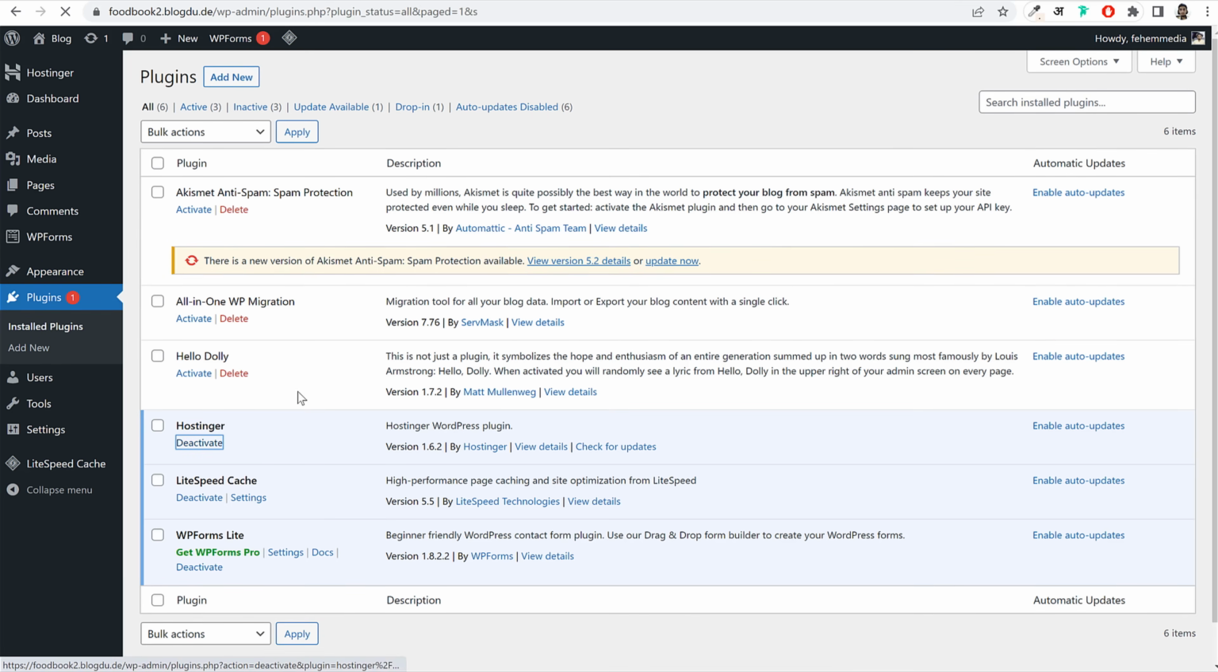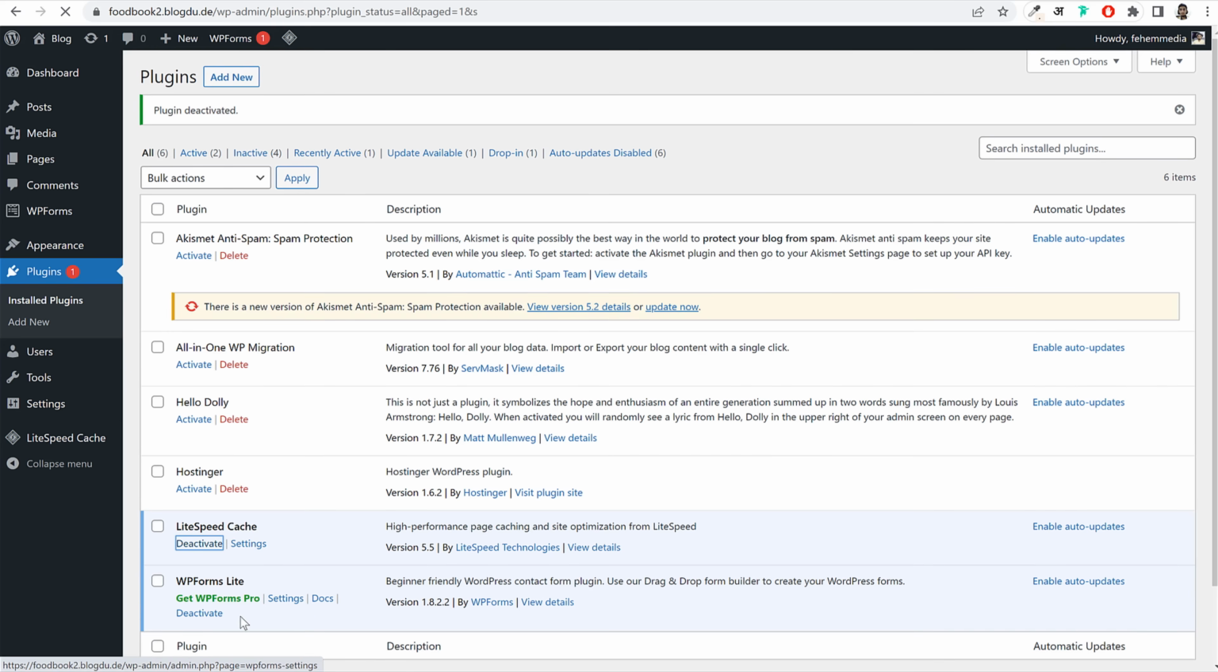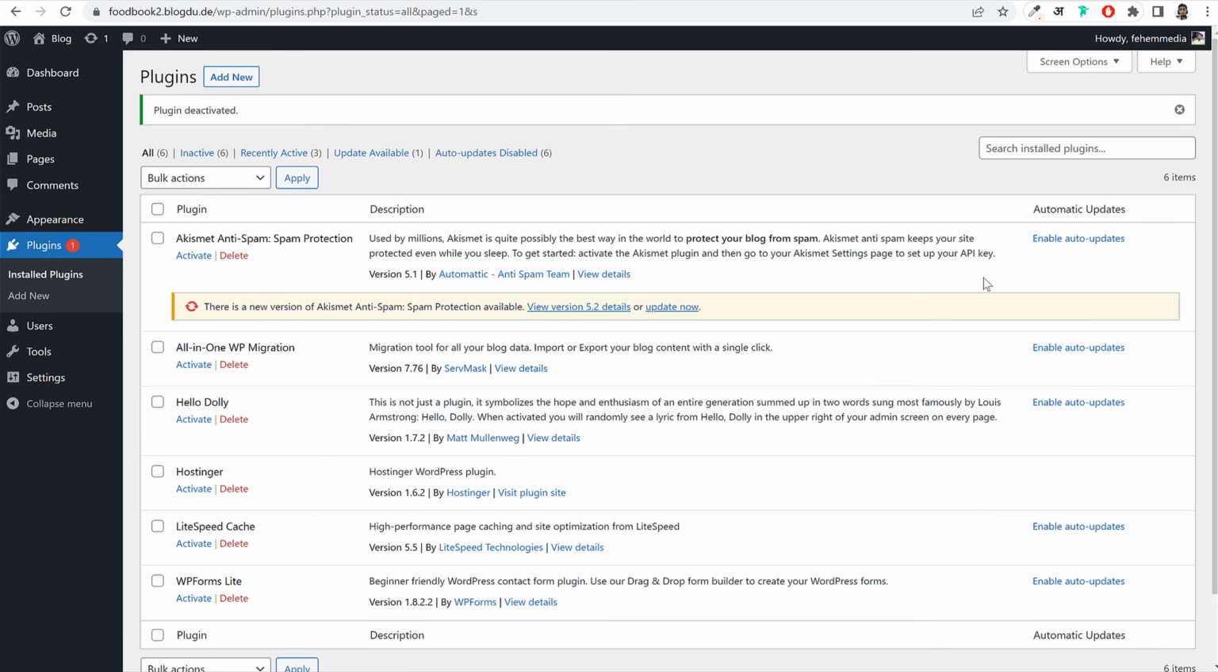You can deactivate all these plugins from here. In fact, you have to delete these plugins as well because these are not really important. But before that, what is a plugin? A plugin is a kind of software or an add-on that will add some extra features and functionalities to